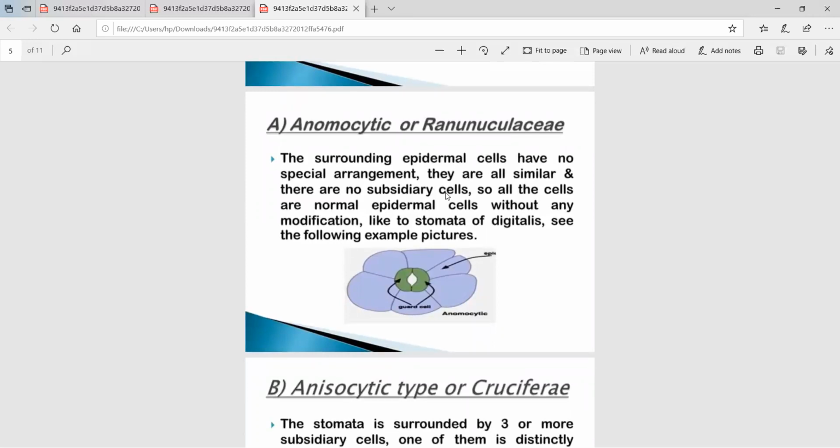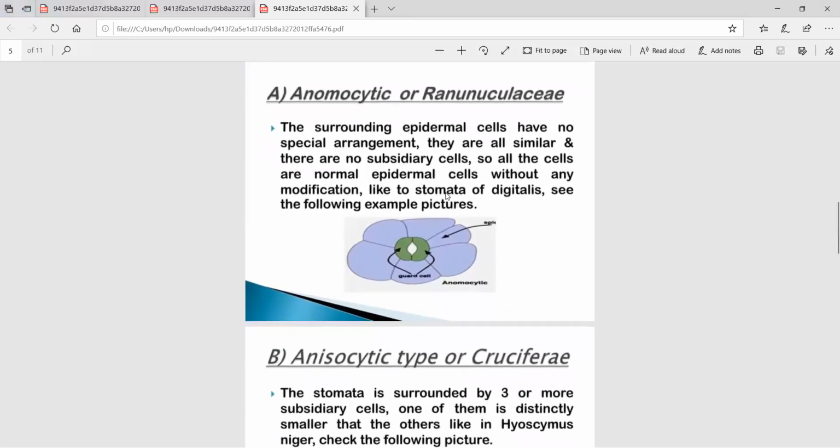First one is anomocytic or ranunculaceae type. This one is the guard cells. So here the arrangement of the subsidiary cells: the surrounding epidermal cells have no special arrangement and they all are similar, and there is no subsidiary cell. There is no differentiation of the subsidiary cells. All the cells are normal epidermal cells without any modification, like the stomata of the digitalis, which are seen